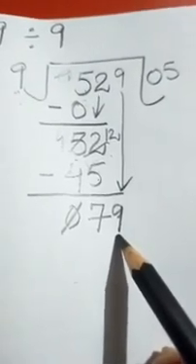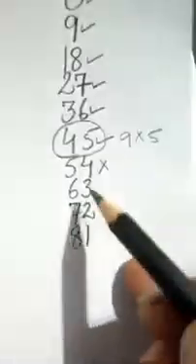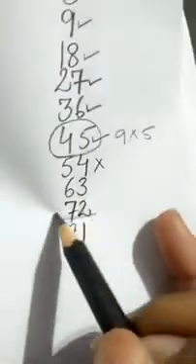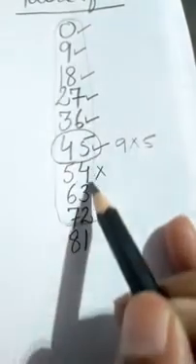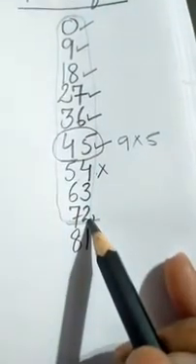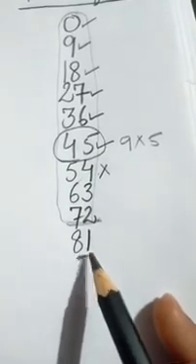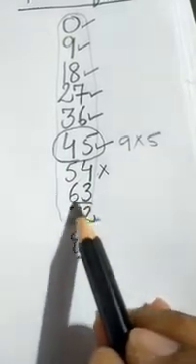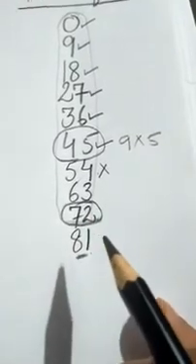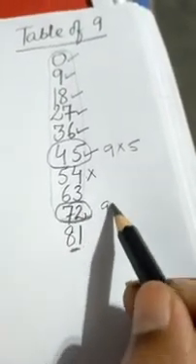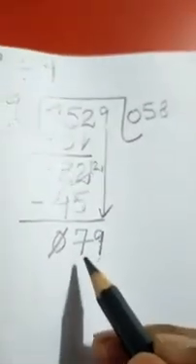Now again we will observe the table of 9. What can we write under 79 that will be smaller than 79? All these, as we observed, are less than 79. 81 cannot be written. We cannot write 81 under 79. So what we will write? We will write 72, and it is 9 eights the 72. So here what we will do? 9 eights the 72.